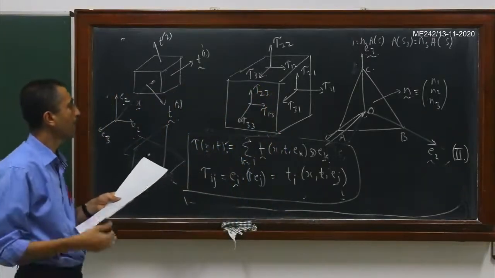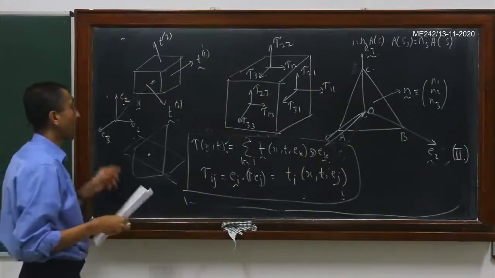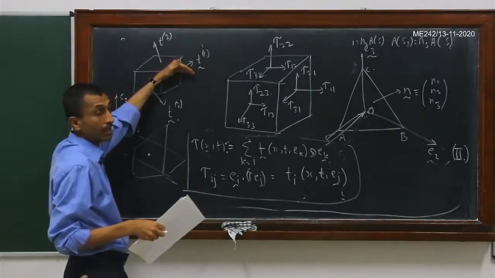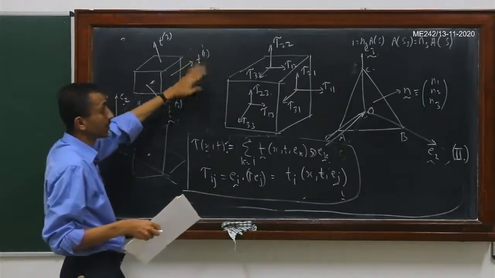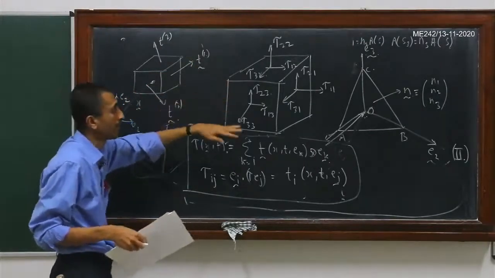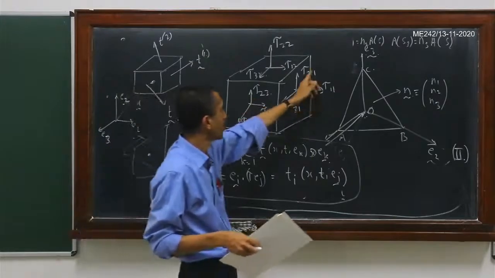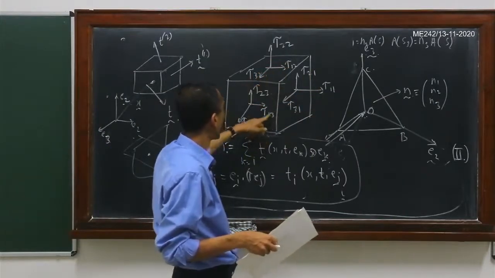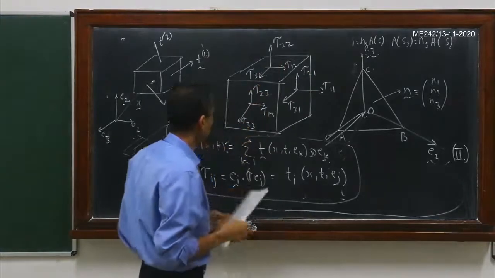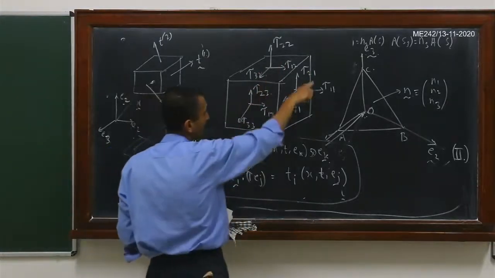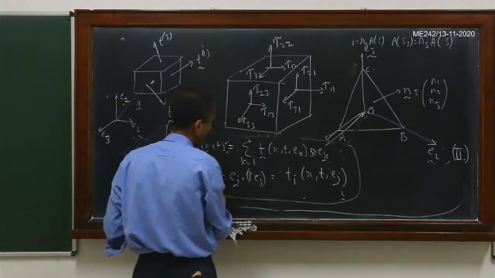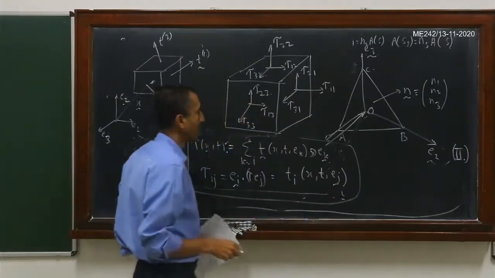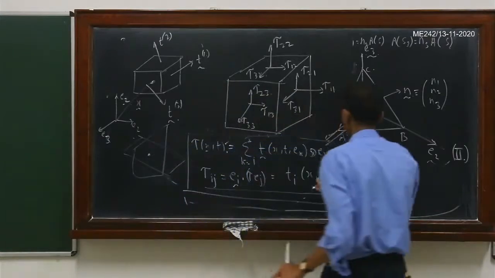So now we resolve these traction vectors into 3 components, right? Each traction vector is resolved into 3 components, so that gives a total of 9 components, which I am labeling here: tau 11, tau 21, tau 31, tau 12, tau 22, tau 32, and tau 13, tau 23, and tau 33. So whatever I have drawn here follows just from this particular formula here. Okay, so this tau ij is this Ti acting on this plane with normal ej.